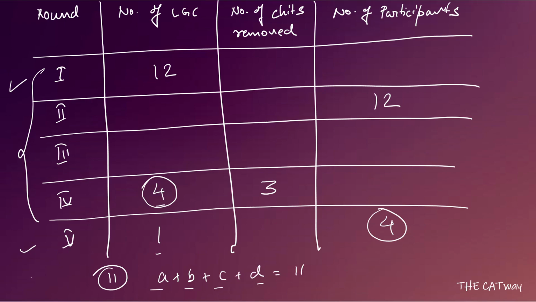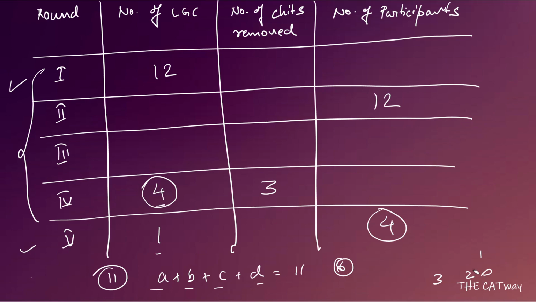Okay, as you can see, A, B, C and D are different. Now what are the possibilities? Can you take 8 1 1 1? No. Can you take 7? Then you have to make 4 with 3 different numbers, again not a possible case. Then you can take 6 and then you have to make 5 with 3 different numbers, so they can be 2 2 1 or they can be 3 2 0. Both cases are not possible because at least one Lucky Guy chit is removed. Here it is 0. This is also not a possible case, so let's remove that one.